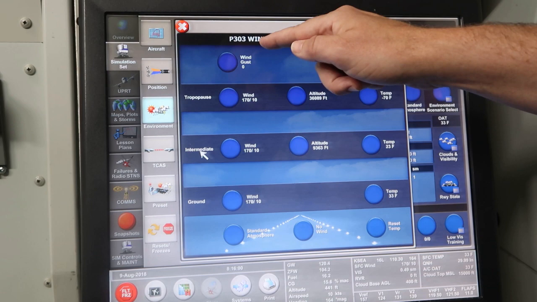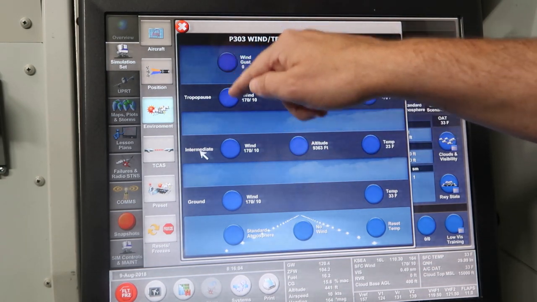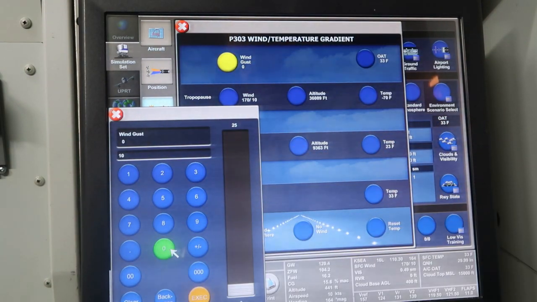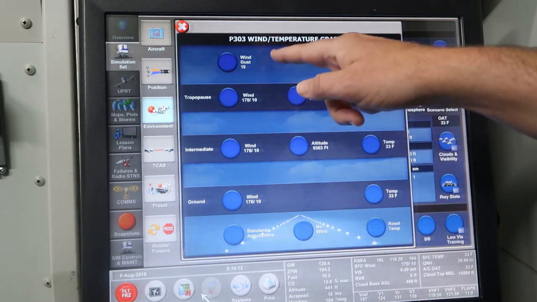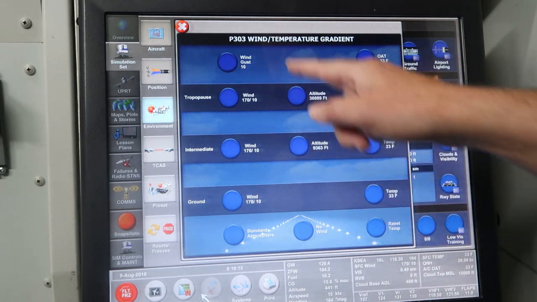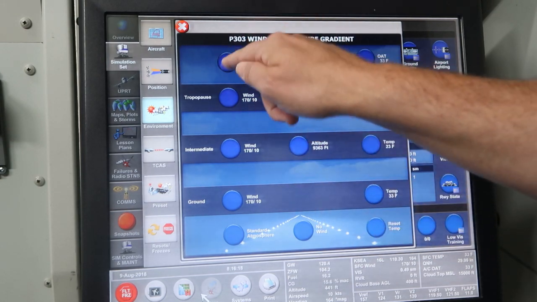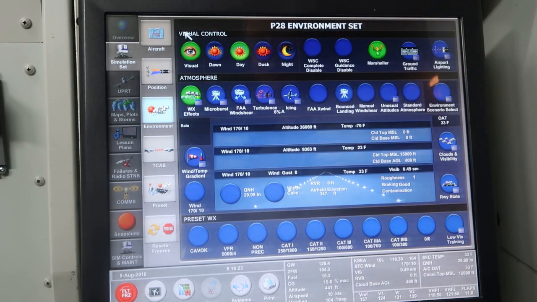You don't put in what it's gusting to, you put in what the gust factor is. So for 170 at 10 gusting to 20, you'd put in a 10 knot gust, not 20, because that would have it gusting up to 30 knots. When you're done with that part of the training, you want to get rid of the gust and just have it be a normal crosswind. Just go back to wind gust, enter 0, that gets rid of the gust,